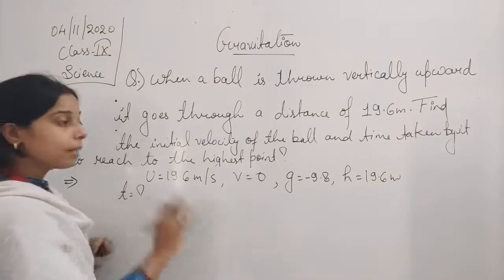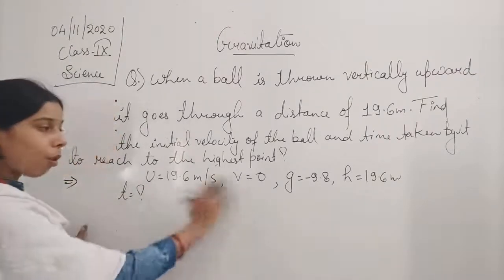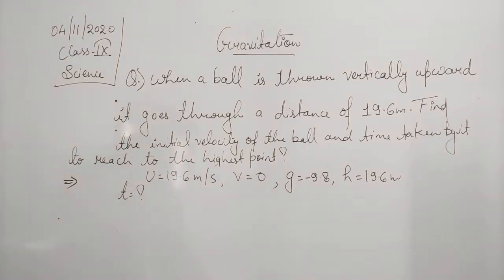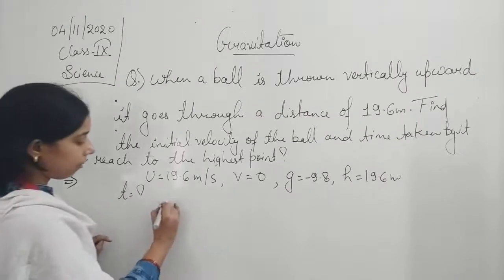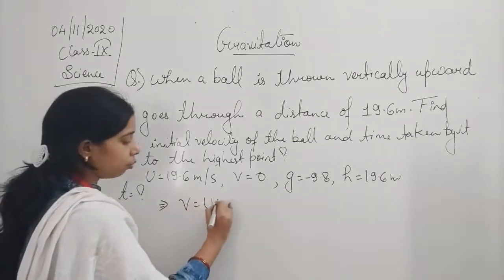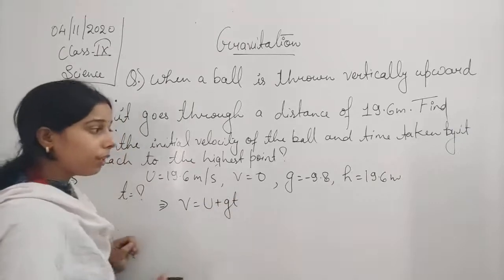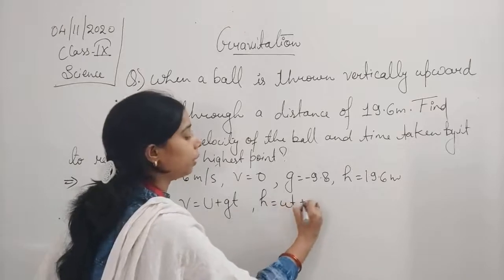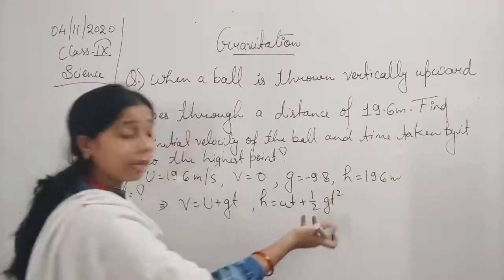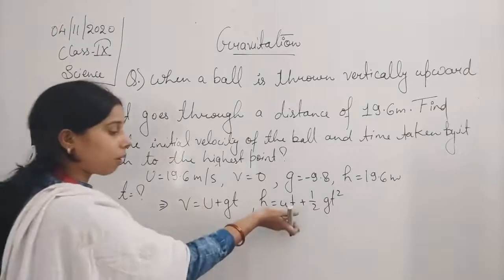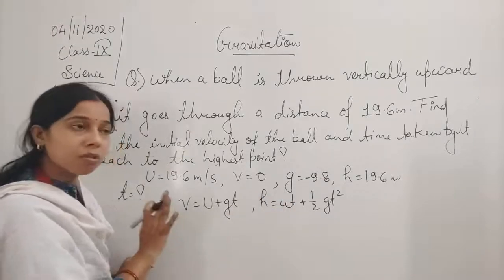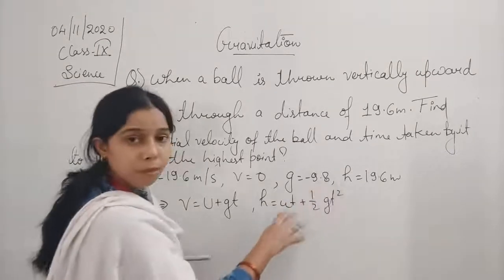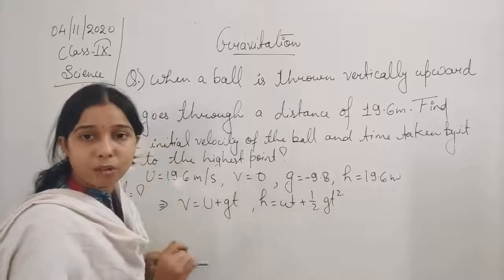Now you see students, simply again use the formula, put all the values and we can get the value of t here. That is a very easy one, v is equal to u plus gt. Although in this case you can use any of them, you can use this one also, h is equal to ut plus half gt square. This question will come in your mind that madam, why we are not using this one, why we are using this equation. So it is not necessary that you use this equation only, you can prefer this one also. This will also give the same value of time.